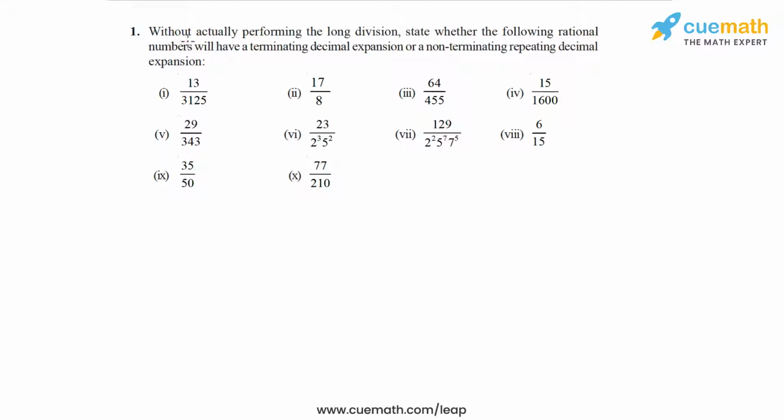Question 1 of this exercise says, without actually performing the long division, state whether the following rational numbers will have a terminating decimal expansion or a non-terminating repeating decimal expansion. So we are going to use the theorems 1.5, 1.6 and 1.7 from the NCERT textbook, which when put together basically say that for any rational number p by q,